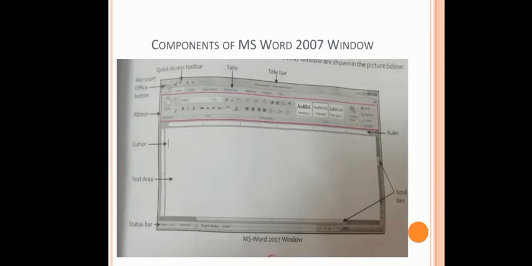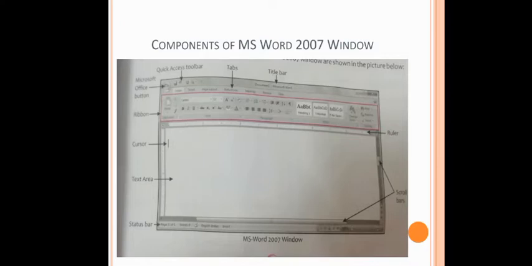After that, the Microsoft Office button. It is a colorful circle on the top left corner of the window, and you can call it the backstage view button also. It gives you options like opening a new file, saving a file, print or exit from Word. Next is your ribbon. It is a command place where different commands of different tabs are given.